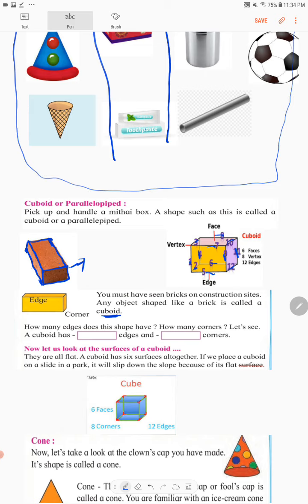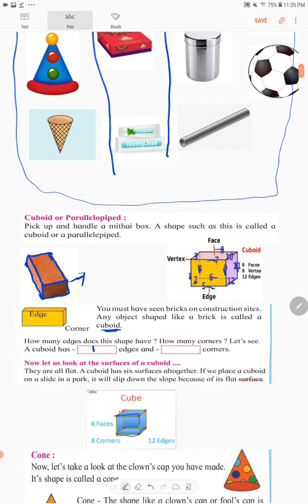Here also you can see it clearly. 4 this side, 4 back side, 8, 9, 10, 11 and 12. So it has got 12 edges. And how many corners? 1, 2, 3, 4, 5, 6, 7, 8. You can see the red dots.